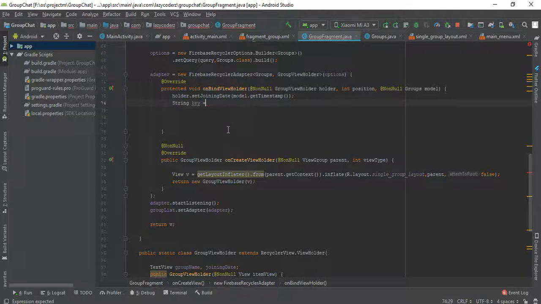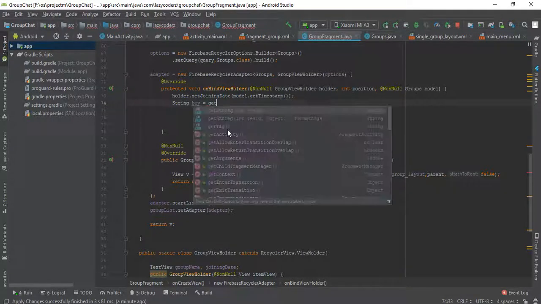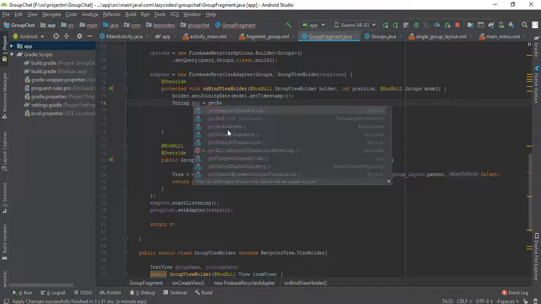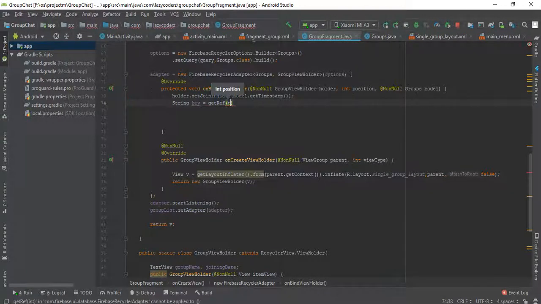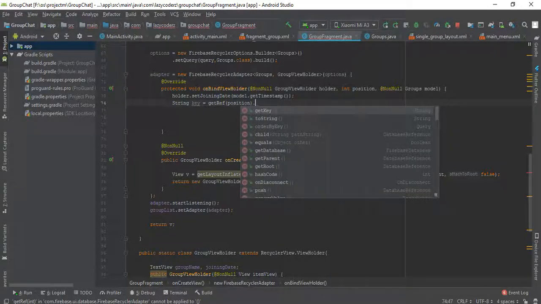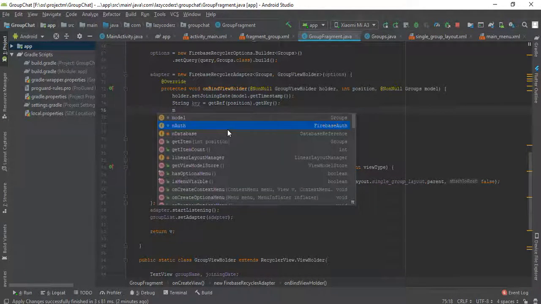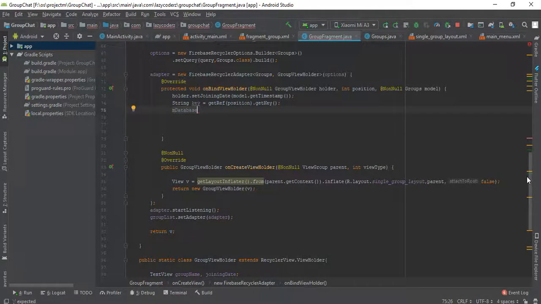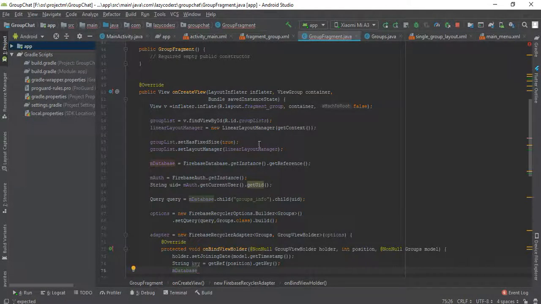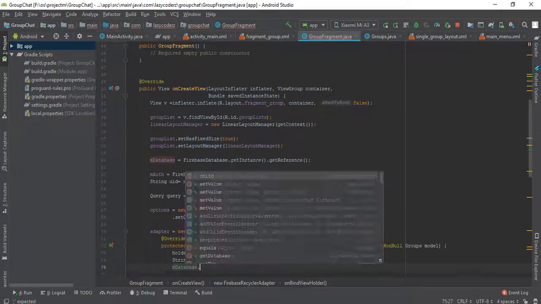Now for this, get ref, this is the database reference, and this is the position. I should get the position, and getKey will give me the key. Now I have that key and I could do many things with it. Now the database that was on the root, I think this is up to reference, which means root.child,